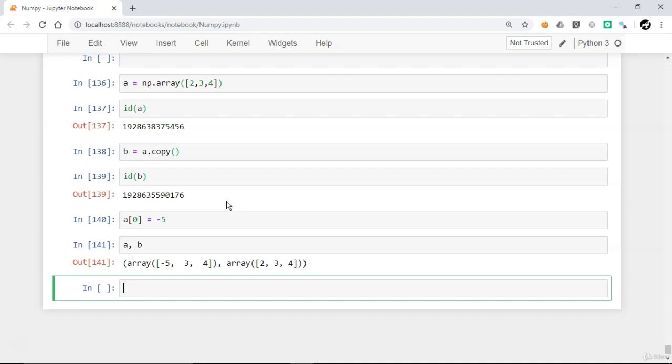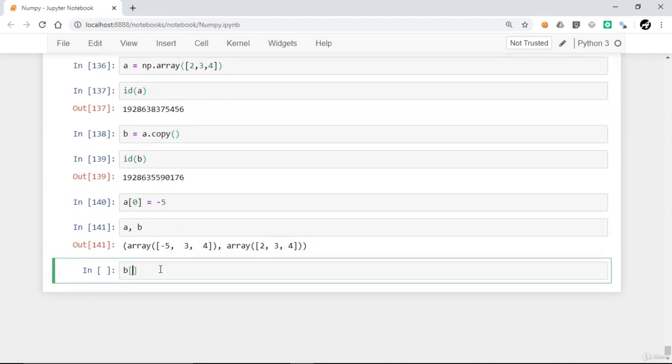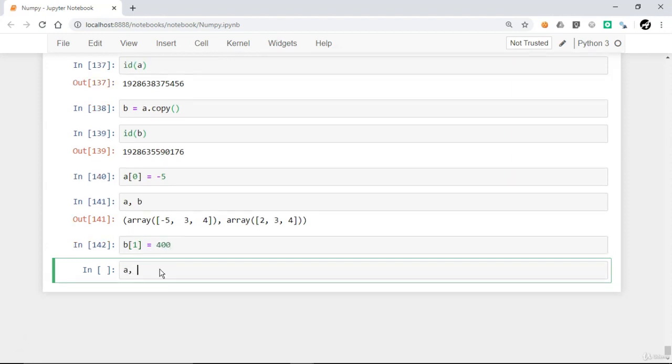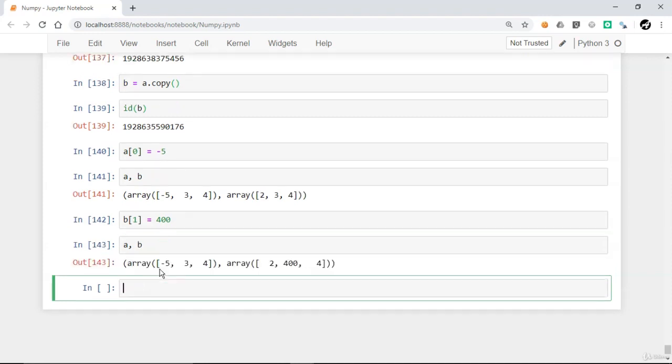So we have changed only one location, which is the one referenced by A, not by reference B. Now if you try to do, let's say B[1] equal to 400, and print A and B again, you can see it has affected the B NumPy array,